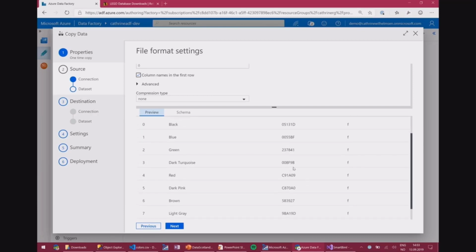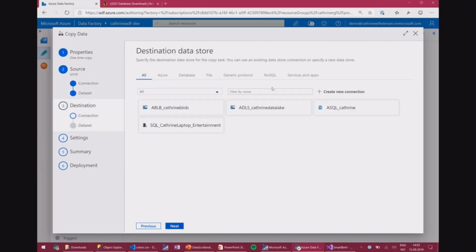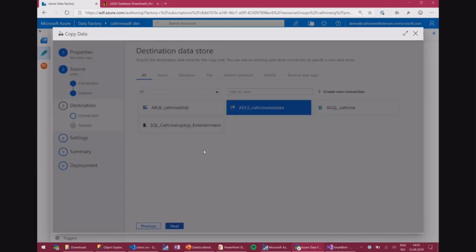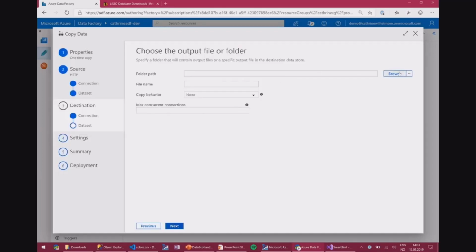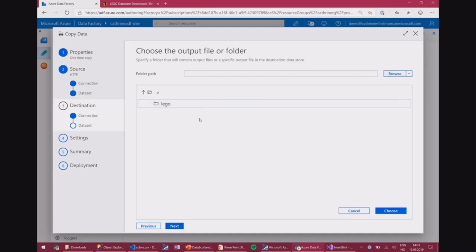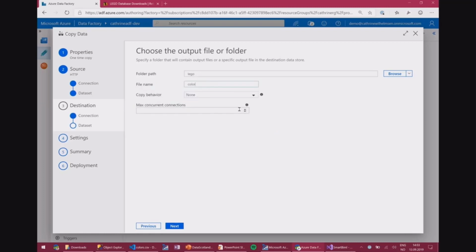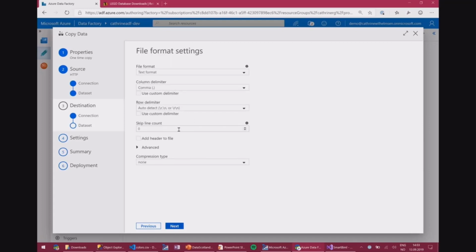And just from this interface, I can actually see the content of that file, which is currently just on a server. So it read that file for me, and I can preview it without even having to download it, which is very cool. So once I have that, I need to set my destination, and I want to store that into Azure Data Lake storage. And I have this set up already, so I want to use the Lego folder, and it's currently empty. And I just want to give it the same name in my destination. On the dataset formats for this, the same thing. I'm just going to leave the defaults, but I do want to add the header to this file as well.